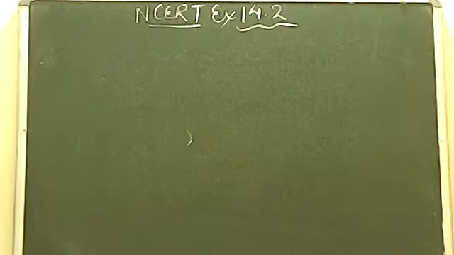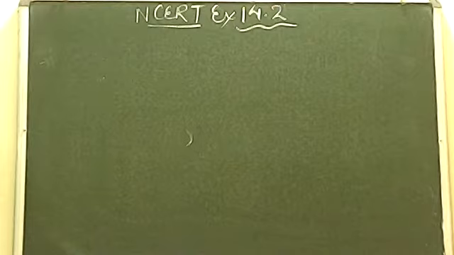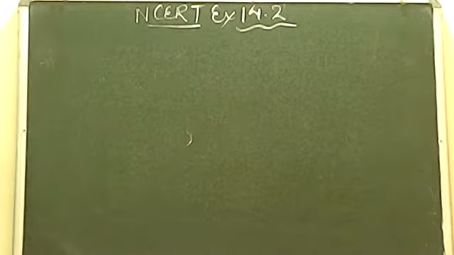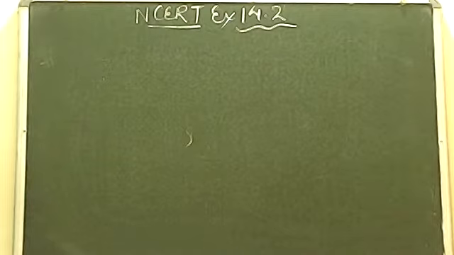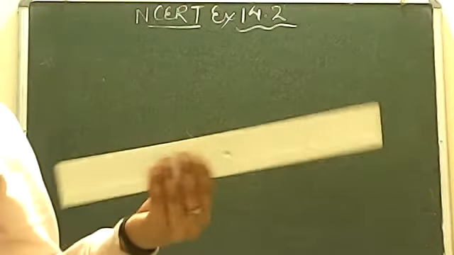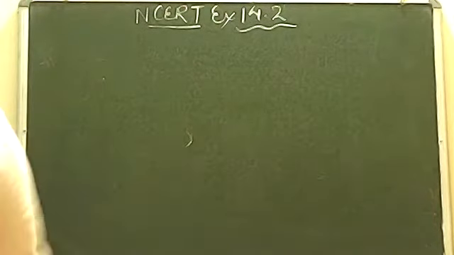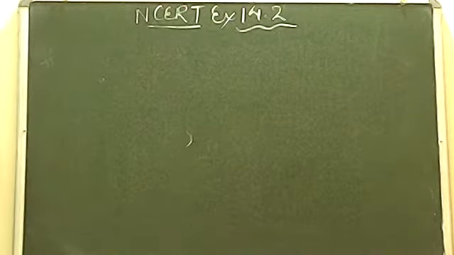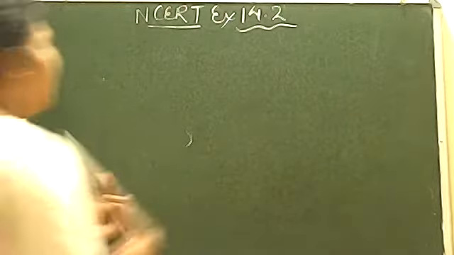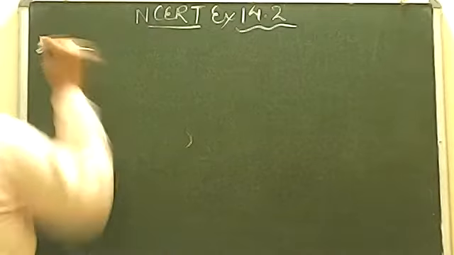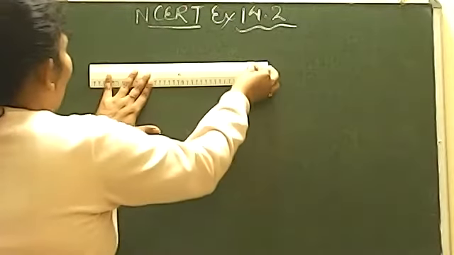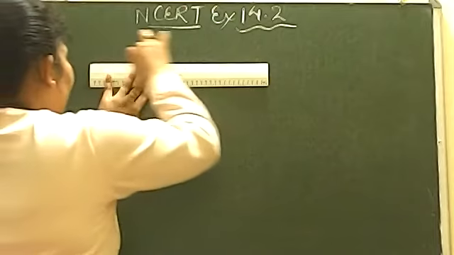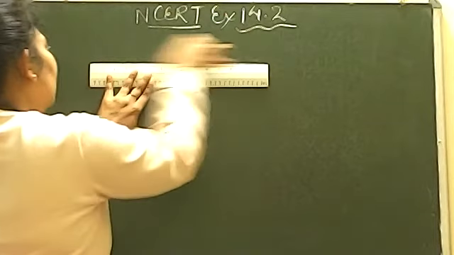First one, draw a line segment of length 7.3 centimeter using a ruler. बेटा always remember that आप चाहो तो डायरेक्ट इस रूलर का यूज करके लाइन ड्रॉ कर सकते हो, ठीक है, but there is another way which we can use it. जैसा कि बुक में समझाया, आप चाहो तो डायरेक्ट 7.3 ड्रॉ कर सकते हैं and also you can do it like आप एक लॉन्ग लाइन ड्रॉ करिए, ठीक है, long line.